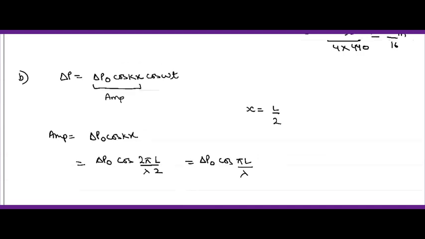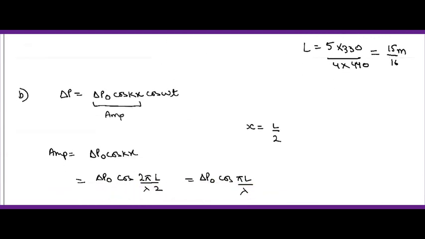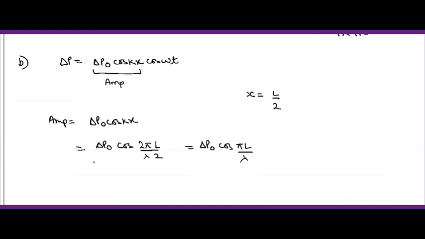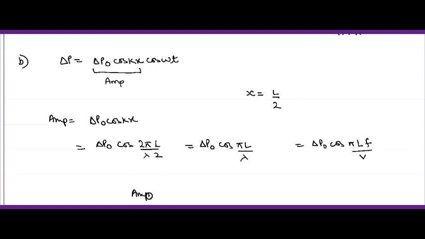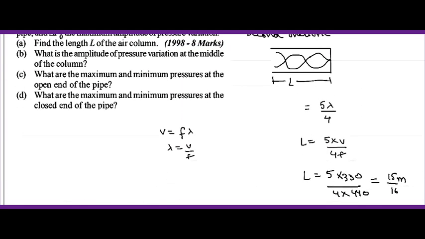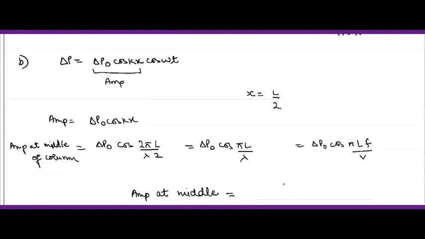यहाँ पे λ को मैं रिप्लेस कर दूंगी, अगेन किससे? λ हो जाएगा मेरा v/f। ठीक है, v/f से, तो ये हो जाएगा Δp₀ cos(πLf/v)। ठीक है, तो यहाँ वैल्यूज रख देते हैं। एम्पलीट्यूड आ जाएगा एट मिडल ऑफ कॉलम। ये आ गया हमारा Δp₀। Δp₀ तो हमें दे रखा है, मैक्सिमम एम्पलीट्यूड ऑफ प्रेशर वेरिएशन, तो ये Δp₀ ही रहेगा।